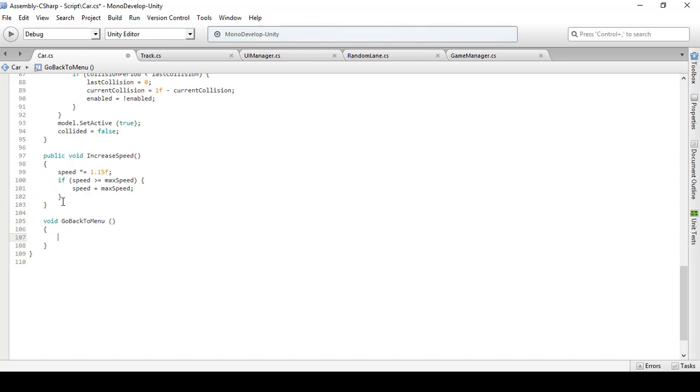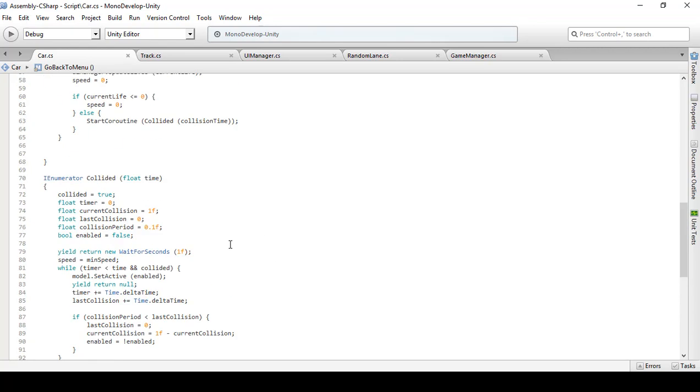All right, and then in here we're going to type in game manager dot game man dot game end parentheses semicolon, and then click save, and then on the untrigger collider,